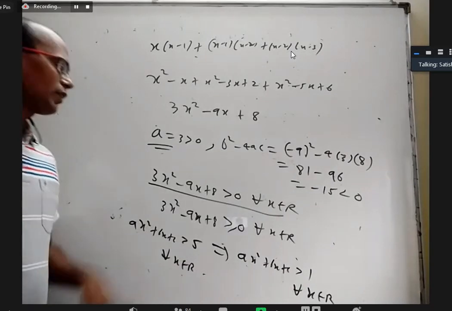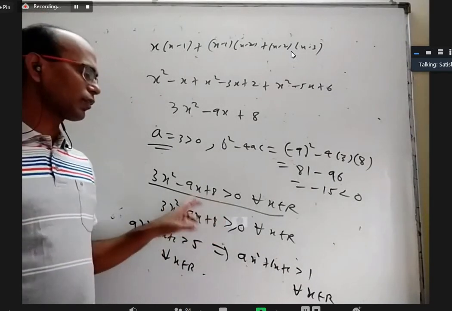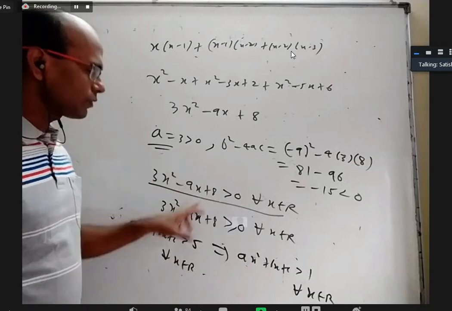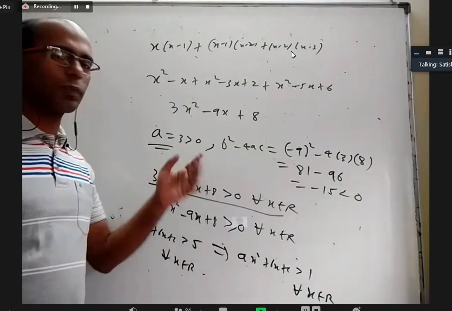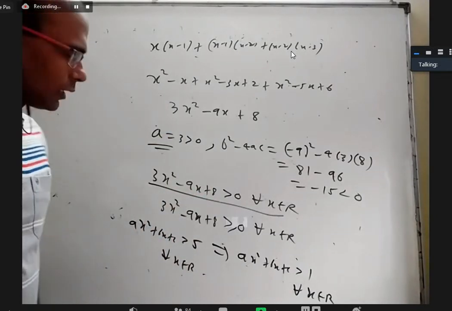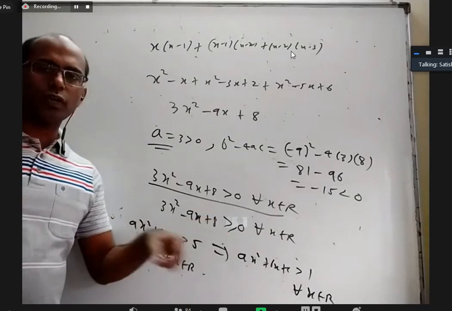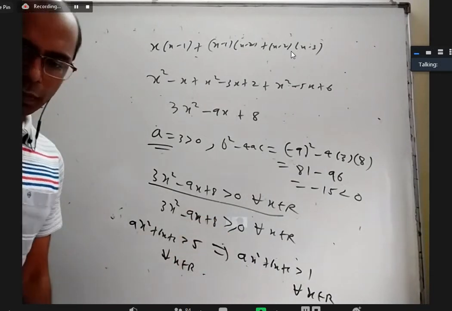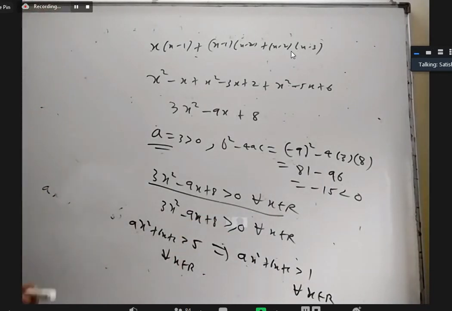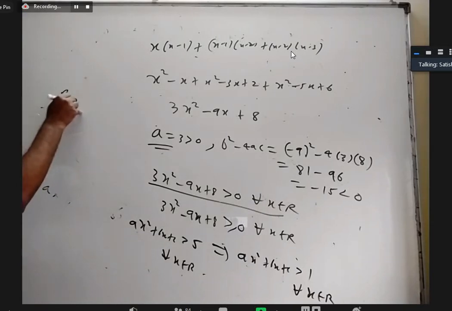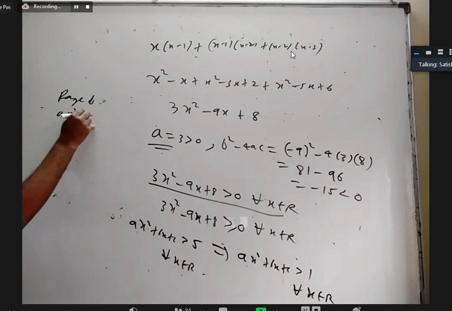In the same way, when you say it is greater than 0, we are not saying it will cover all positive values. All its values are always positive. Whether it will cover all positive values or not, we are not making that statement. In the same way, when you say greater than or equal to 0, we are never saying that it will attain 0. But there is a different statement, that is the range of ax square plus bx plus c.